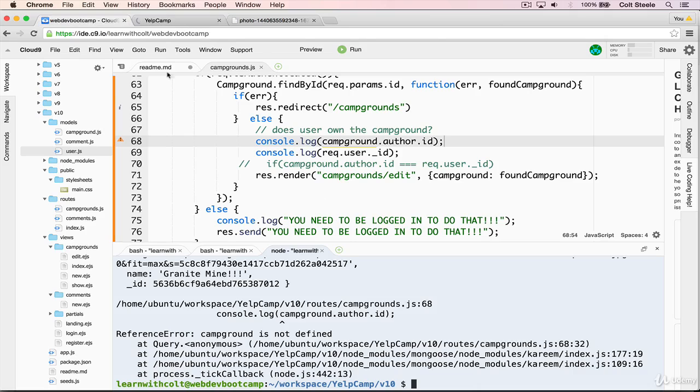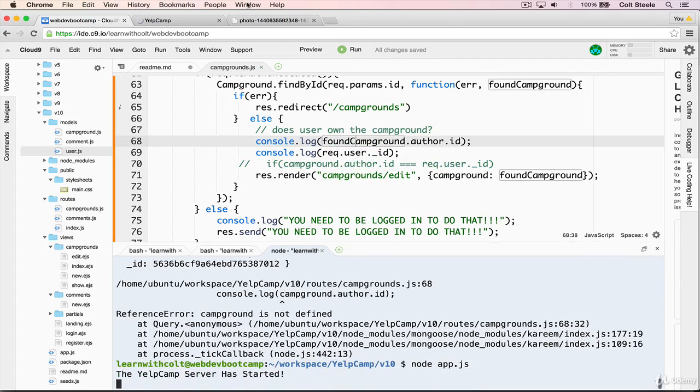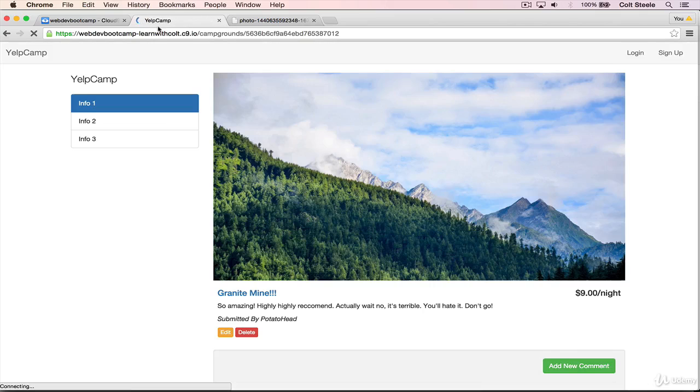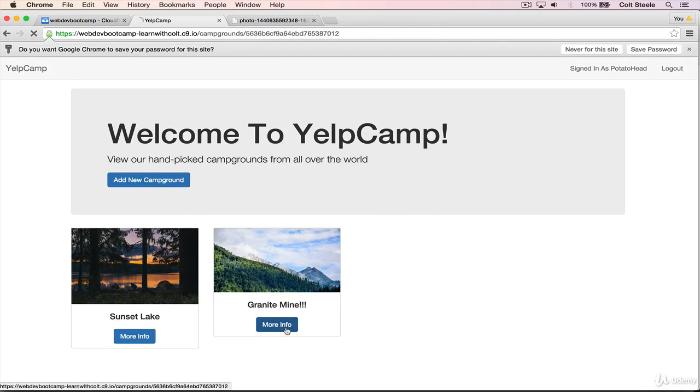Looks like, let's see. Well, that was silly. I'm trying to console.log campground.author. Campground doesn't exist. It's found campground. So we'll try that again. Restart the server. First time we refresh, it's going to tell us we need to be logged in still. So again, we log in, potato head, password. Okay. Now if I try and edit,